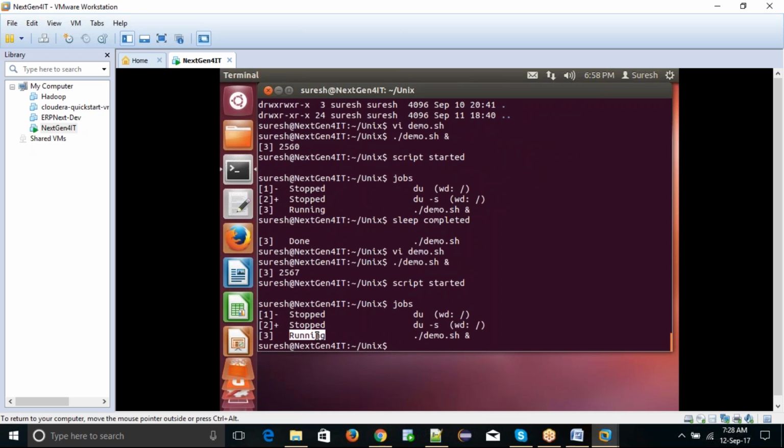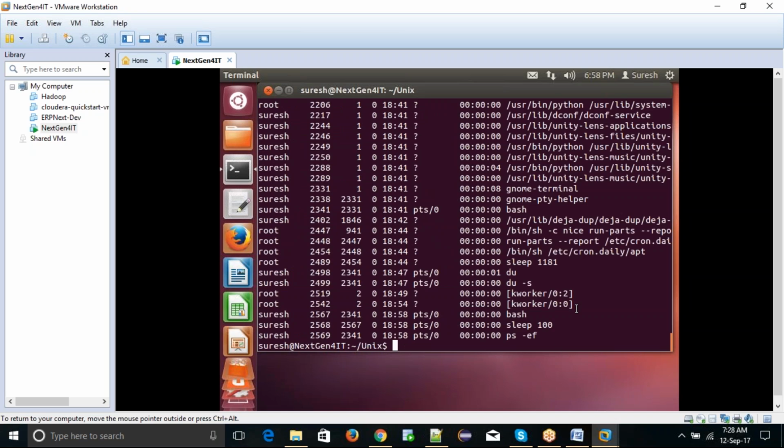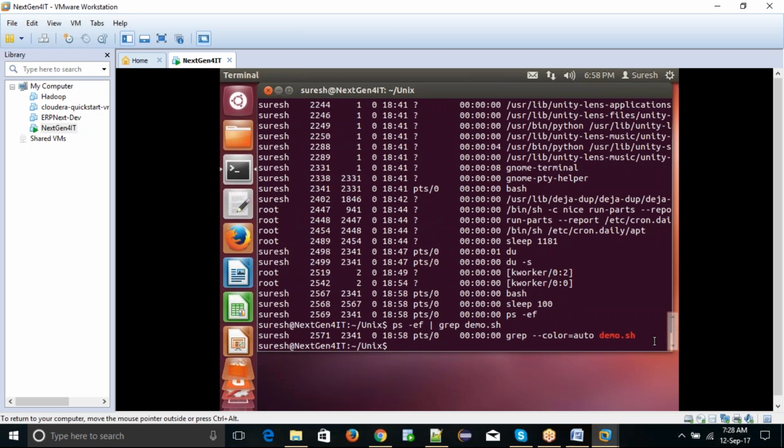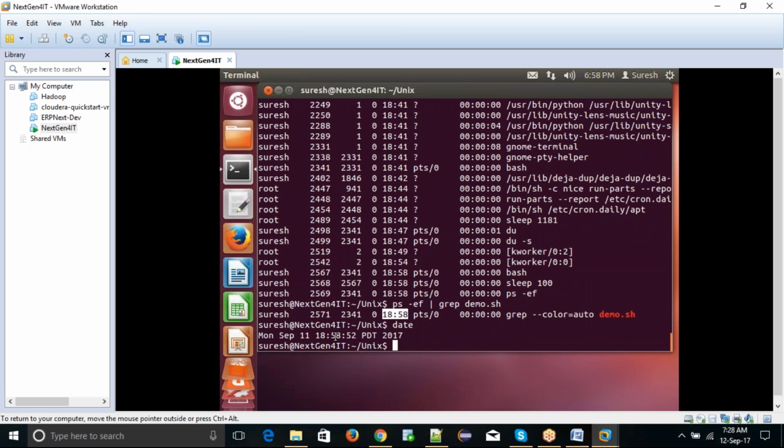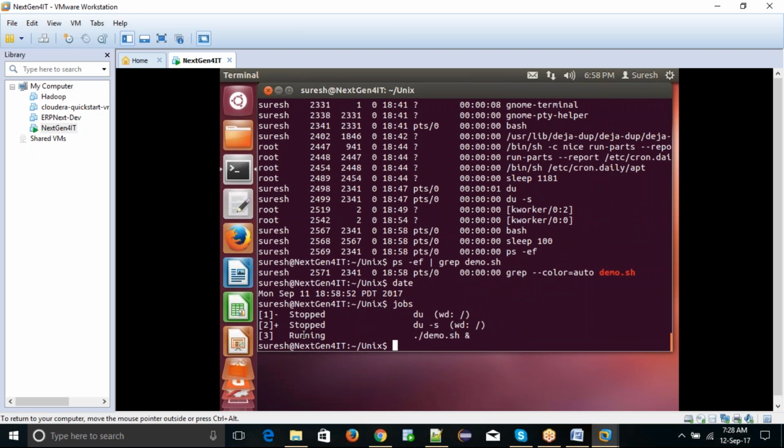So whatever jobs I'm running, I can see with the help of jobs only, or else if you go for ps -ef also, it will work. Here it's running still. If I want to kill this one,